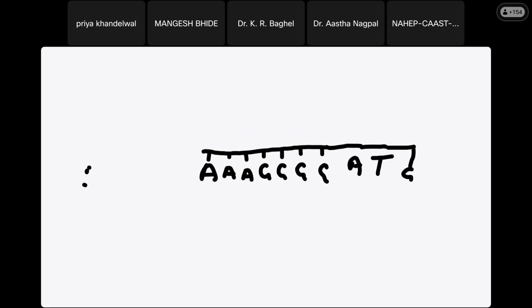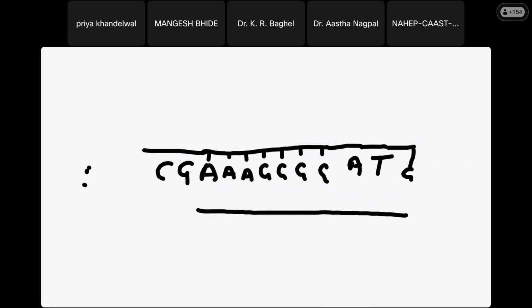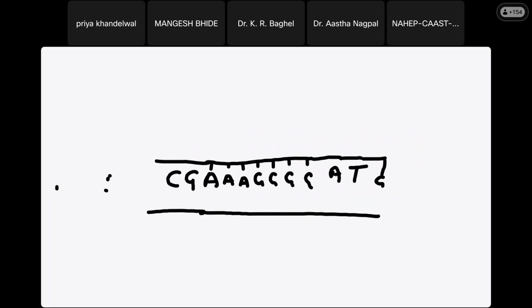So what may happen is that one primer is like this, the forward primer, and the same forward primer can have one more. I have to add GC, GG, CC, and here we will have A and T. So this is a typical feature of self